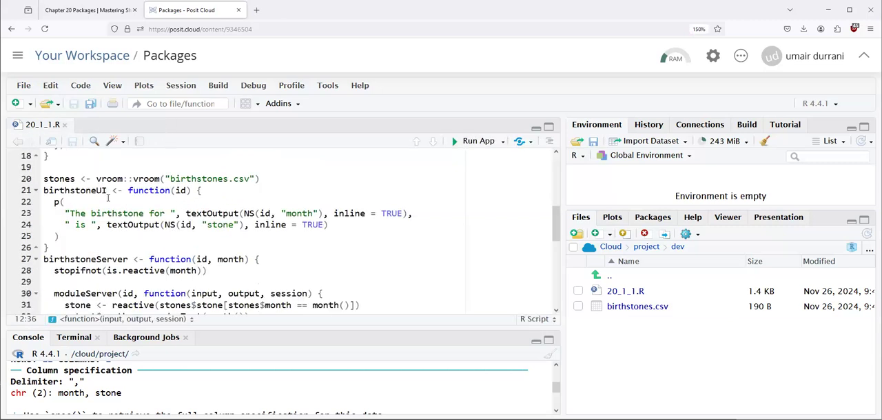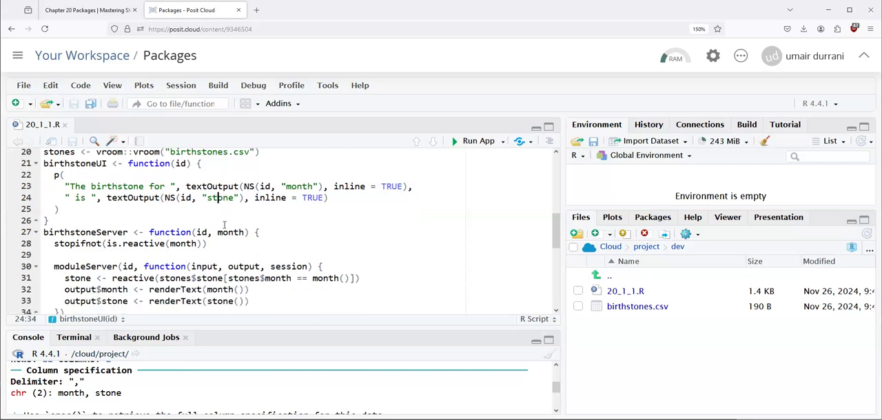So what this module does is, in the UI, it creates a paragraph that's coming from the htmltools or the Shiny paragraph tag function. And it uses two text outputs, and it is specified here that they are inline. So the text outputs would appear inline in this paragraph text. The first text output is based on month, and then it says "is". The second text output is based on the stone. So month and stone are two text outputs, and we can see how that works by looking at the birthstone